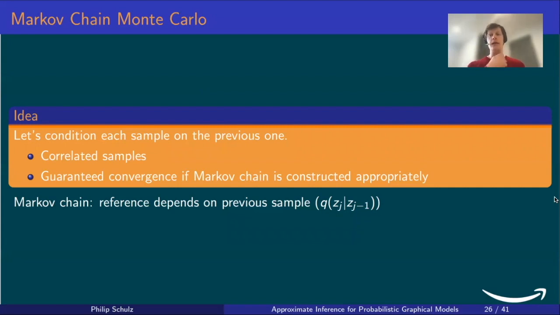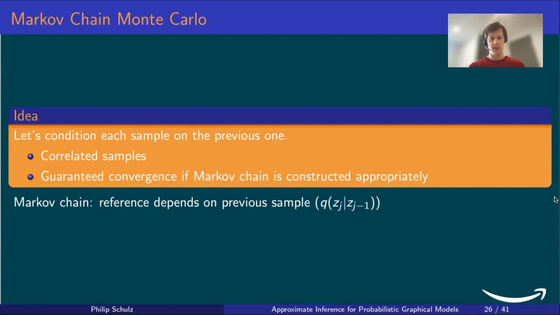All it means is that we have to draw even more samples, because until we get from a sample to another sample where they're truly uncorrelated, we'll have to pass through a wide, depending on how well your sampler works, but potentially we'll have to pass through a long line of correlated samples until we get 2 samples that are actually uncorrelated. So Markov chain Monte Carlo allows us to alleviate some of the problems that we are facing with just that naive sampling strategy that I showed before, but we'll have to draw even more samples. The nice thing is that we still have the convergence guarantees. So if the Markov chain is constructed appropriately, then again, we'll still recover the posterior exactly, or samples from the